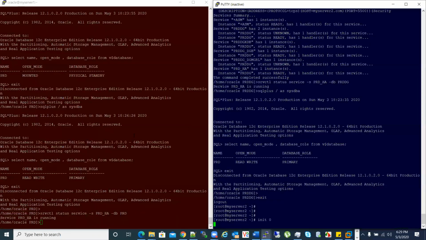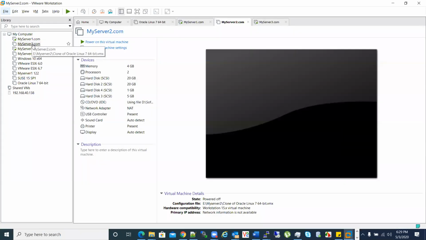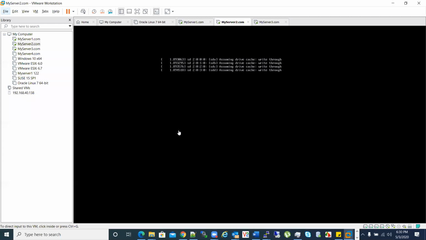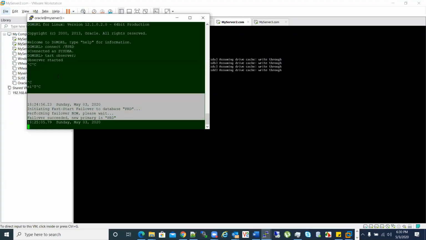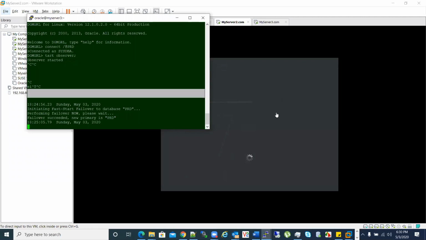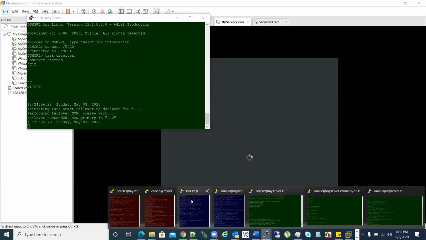Now what happened to my second server? I brought it down. What if I bring it up again? This was primary and I shut it down. Now when it comes up again, this is the guy, this green one. It will notice that the other server is available, and the server, this red one, has already become primary.